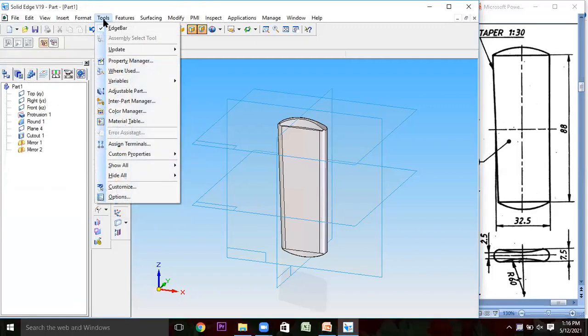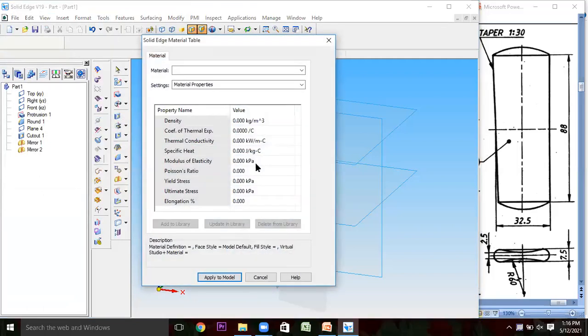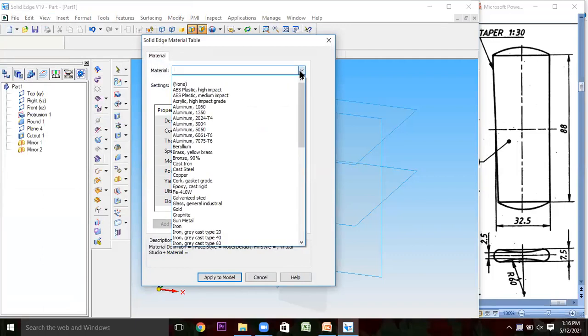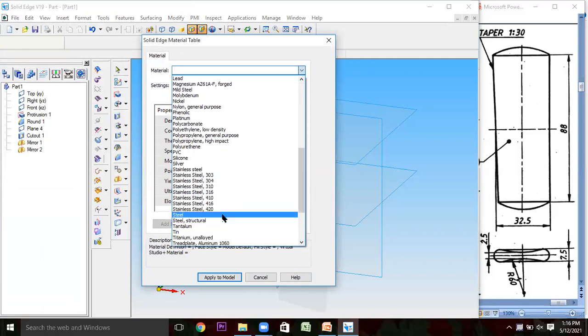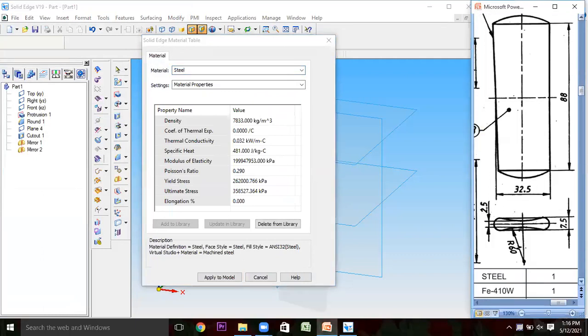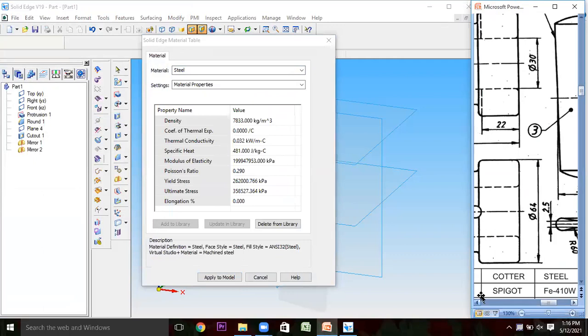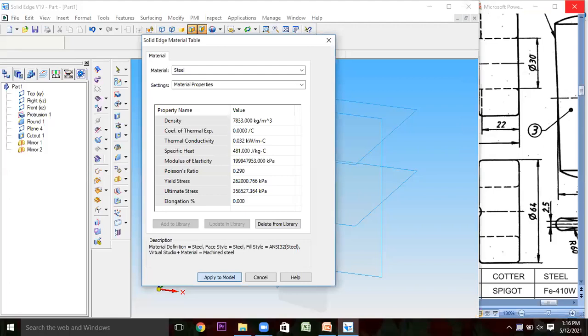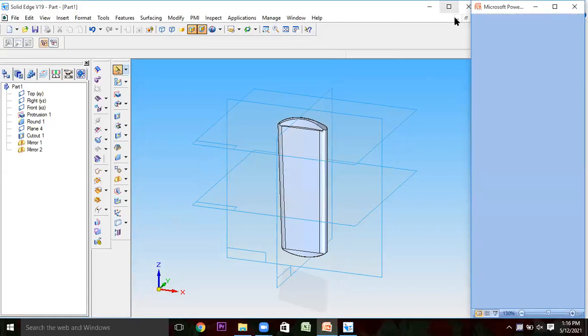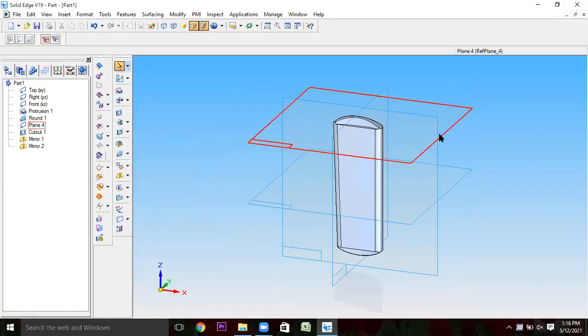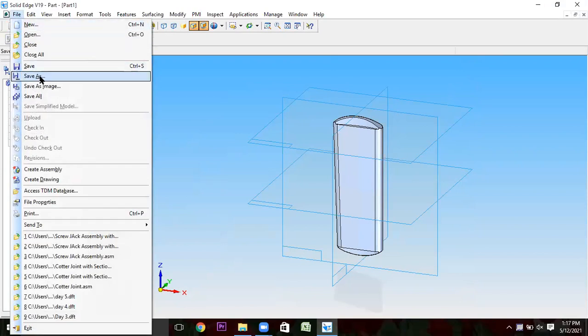Then after this I'll be going to this tools, and after that I'll be assigning the material to this. The material for this Cotter is steel, which is already available. So I'll be going to this steel material. Okay, I'll be selecting this steel material. See Cotter, this steel. So I'll be going to this. I'll be clicking on this. Then this has to be saved